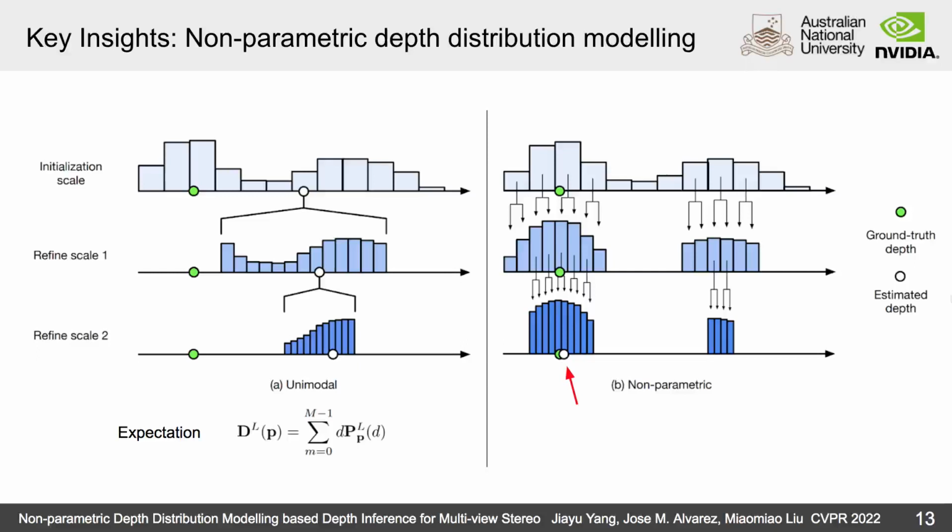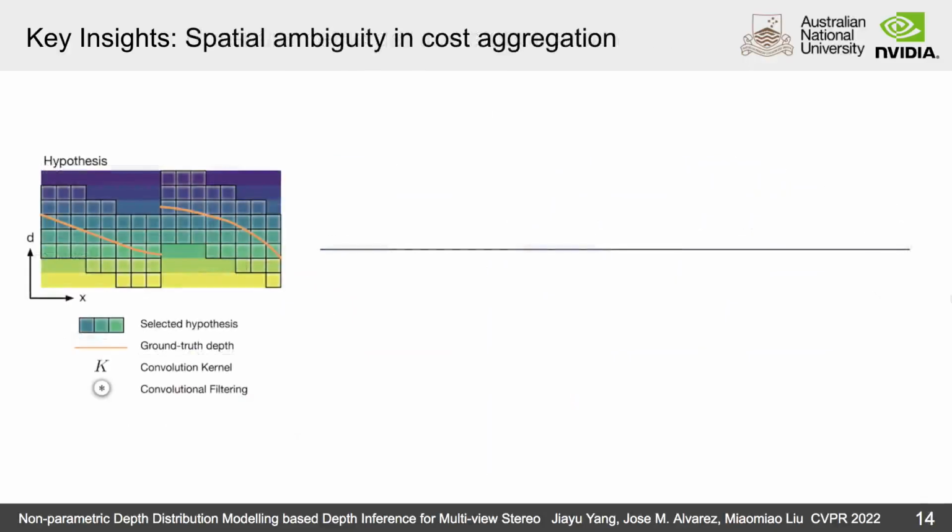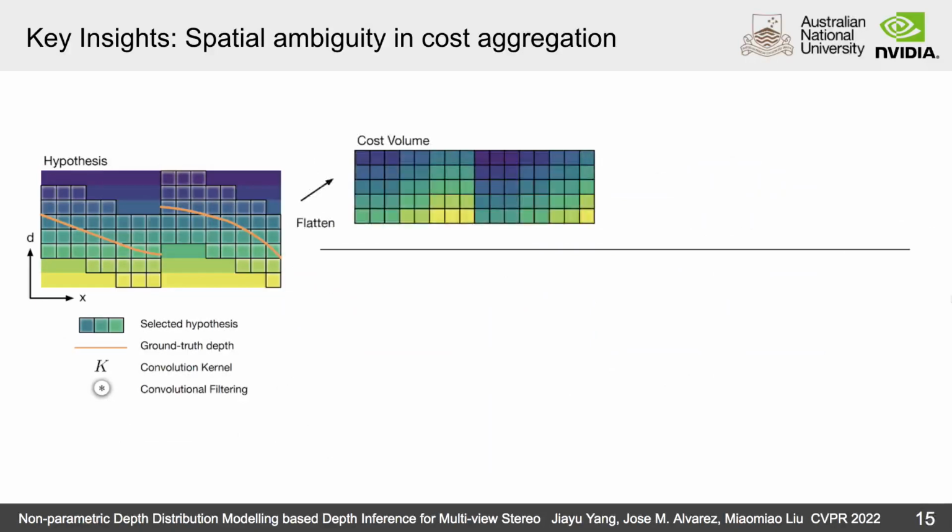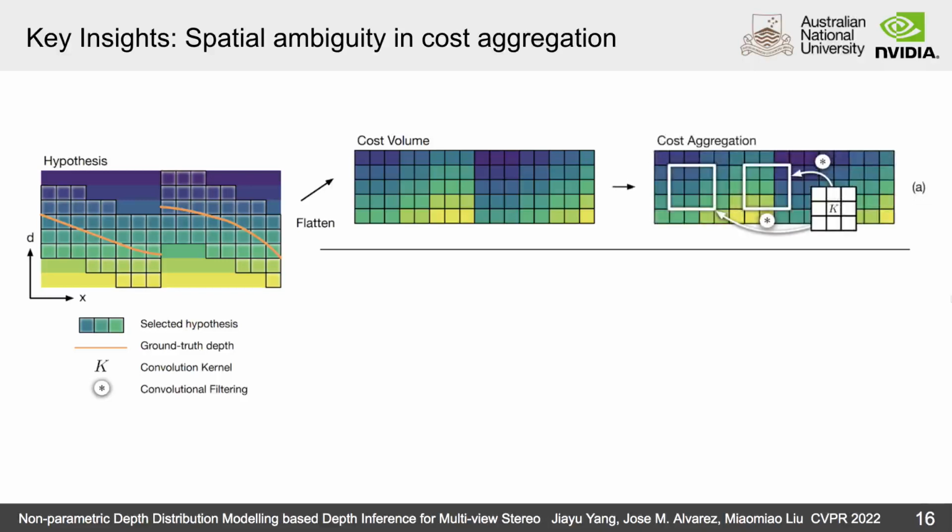For estimating the probability for each of the depth samples shown here, we design a sparse cost volume and sparse cost aggregation network. For a group of depth hypotheses that are selected from previous level, existing methods build a flattened cost volume by directly concatenating the matching cost of selected hypotheses. Doing so can produce spatial ambiguity in the cost volume, since adjacent voxels of matching cost might not come from adjacent points in 3D space. For cost aggregation, the 3D convolutions will be applied on depth samples that have unrelated depths, which will further cause noise in the cost aggregation.